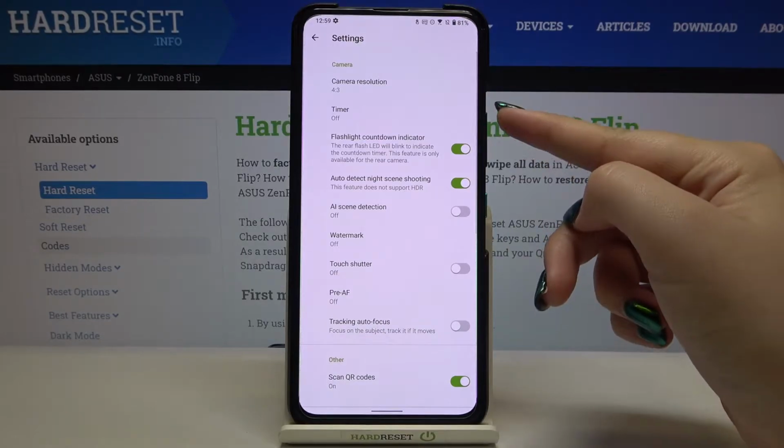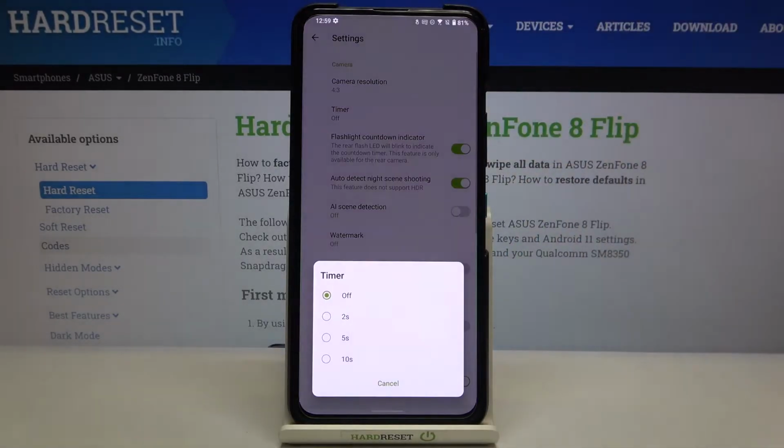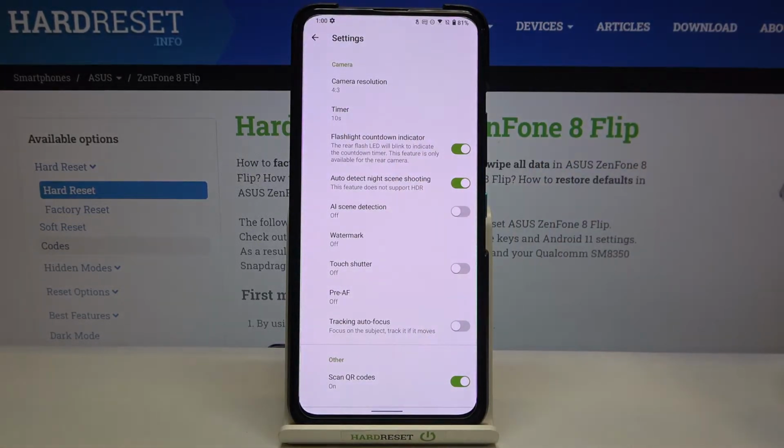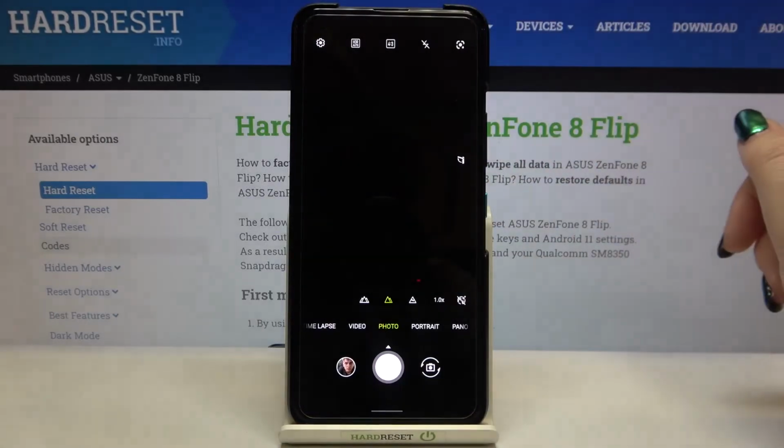And as you can see, on the second position actually we've got the timer, and here we've got 4 different options from which we can choose. Right now we've got the option turned off, so the timer is turned off, but we can set also a 2, 5 or 10 seconds delay. So in order to set the timer, just tap on the option you'd like to use. I will pick 10 seconds, and as you can see it is notified right here, so we can go back